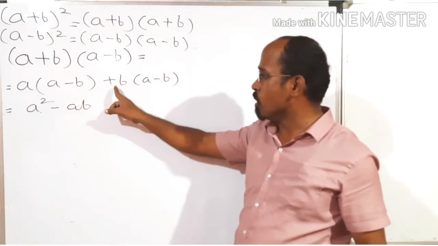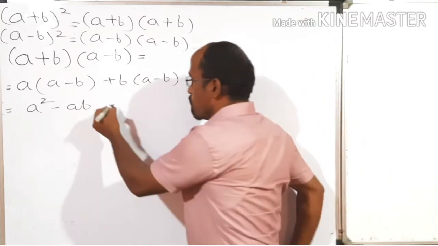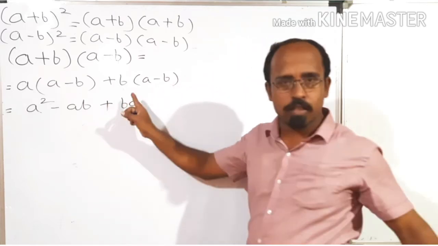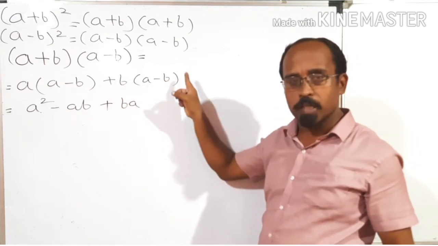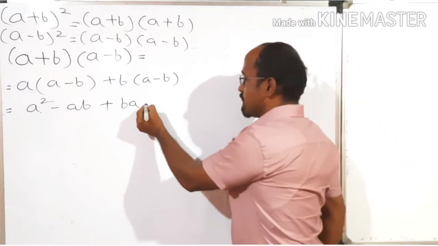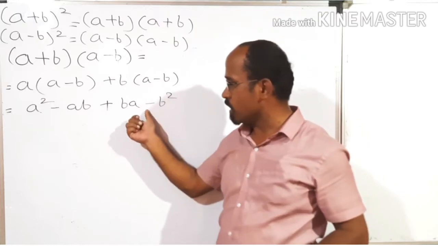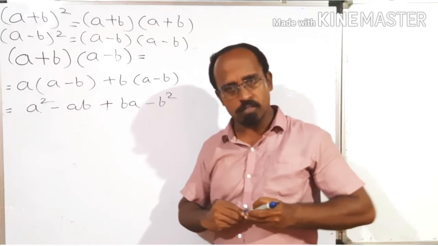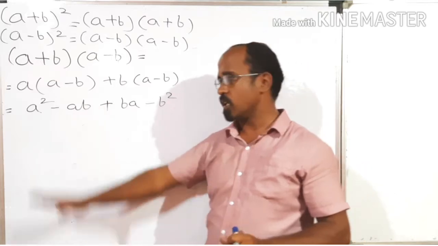Clear up to this? Now plus b multiplied by plus a, both terms are plus, hence answer is also plus. B into a, ba. Clear up to this? Now plus b multiplied by minus b, b into b, b square, plus into minus is minus, hence answer is minus b square. Now all brackets are resolved. There is not any symbol of multiplication or division, hence we can do addition subtraction based on their symbols, and addition subtraction is possible only in like terms. So let's arrange the like terms.